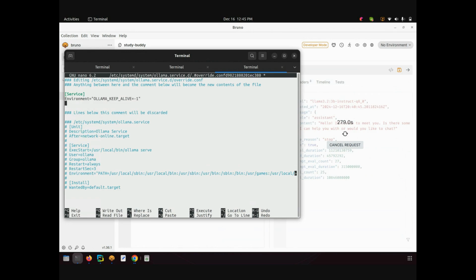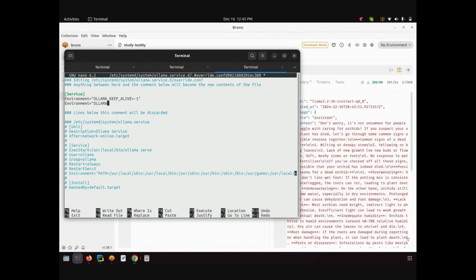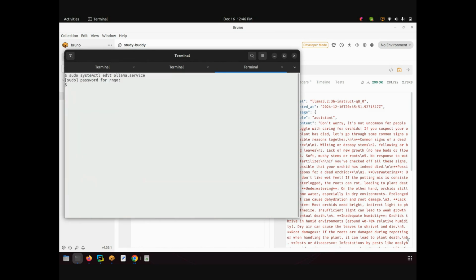You can add another one by going Environment equals OLLAMA_HOST, and then you specify your IP address and the port you want. Let's say I want port 8800, I would do something like this. Or, if I want to listen to all the interfaces, I would do this, 8800. Then I'm not going to save it, but after that I would do sudo systemctl stop ollama.service to stop the service,